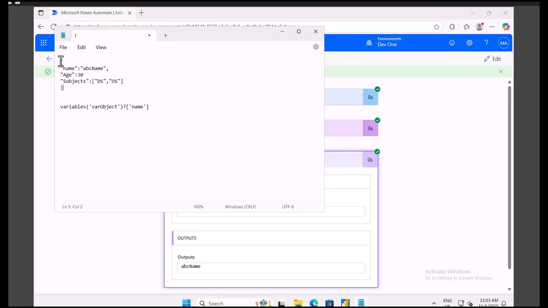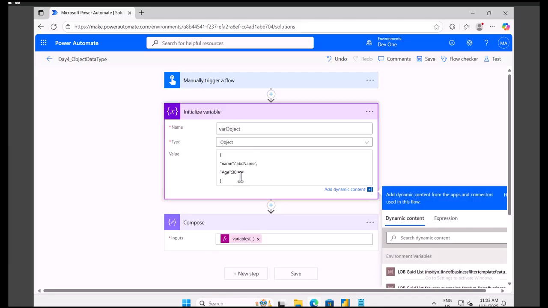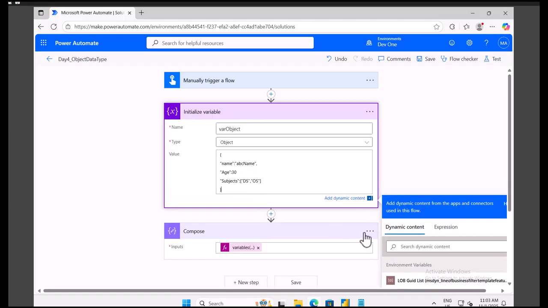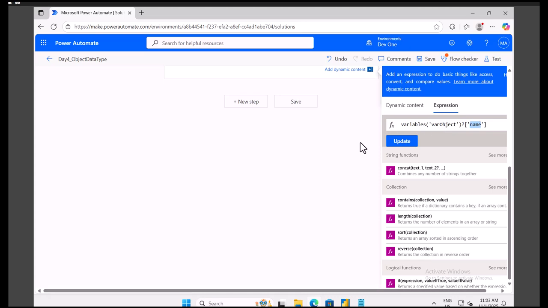So now let me copy this particular two. Let me click on edit here. Now instead of this, I'm going to replace this by this. Okay, and now let's say if I want the output of my subject, how can I get that? In order to get the output of subjects, you simply need to change your name to subjects. Here we have subjects only, so I will simply say subjects, and let me update